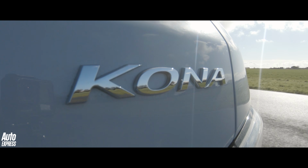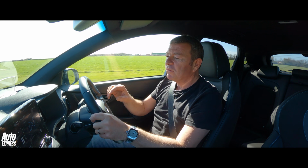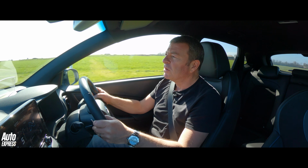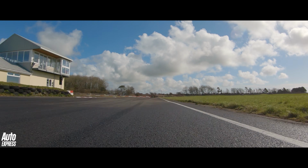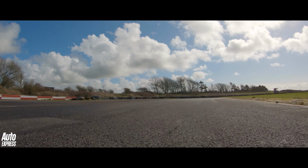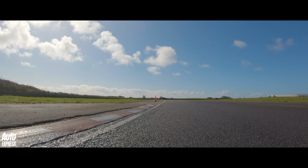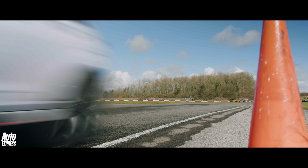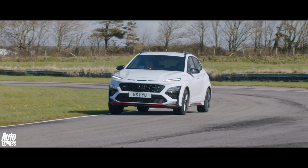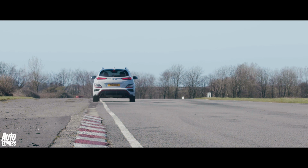I think if anything, it feels even stiffer than the i30 in this car. I've tried it in all sorts of different modes, normal mode, obviously I haven't tried it in eco mode, but definitely sport mode, and there are so many different ways in which you can customise the diff, the suspension, the gear change, everything. But I've basically done a few trial laps, stuck everything possible in full attack mode, and although it is pretty lively,